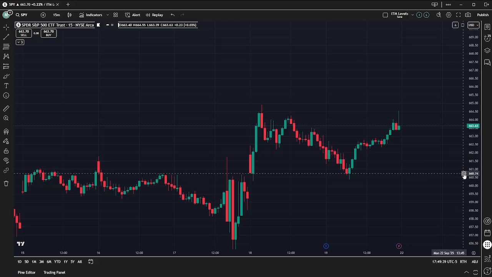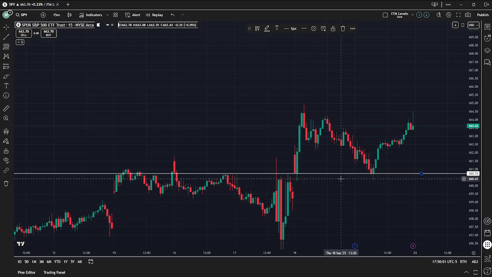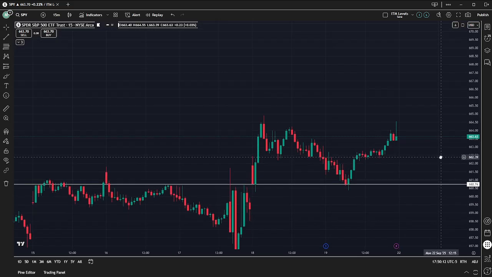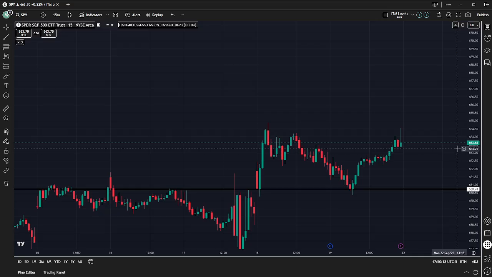On the 15-minute chart, I can base it off a range that I'm looking at. By looking at the range, I usually start off with white levels. And for the range, I like to look at every single 15-minute open and close to see where exactly it stayed above. This candle right here opened at 75. This candle right here opened at 74. I'm going to draw this up right here for the meantime. I usually start off by drawing up a level, and then as I draw up more levels, I go back to previous price action to determine how correct my level is, if I have to correct or adjust it in any way. But the first one I'm going to drop right there is 660.74